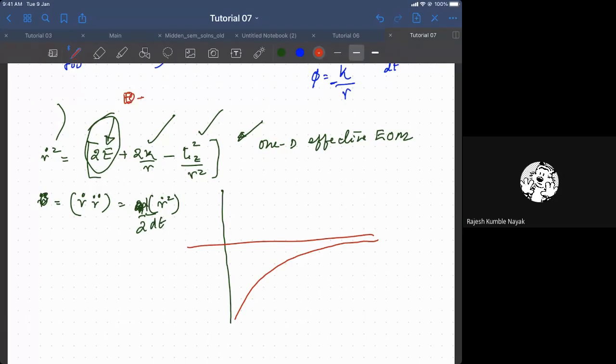So you can write it as minus 2k by r plus Lz squared by r squared. So this is a 1 by r potential, minus 1 by r potential. Now let us look at the other one. This goes like this. This is a 1 by r square potential, plus 1 by r square. Okay, so this is minus, oh, I'm mixing up all the colors.